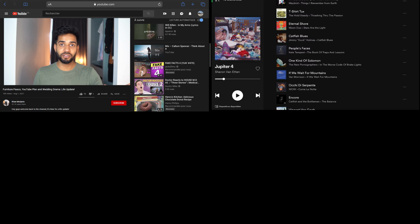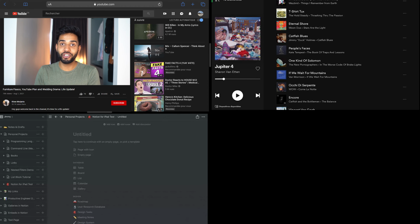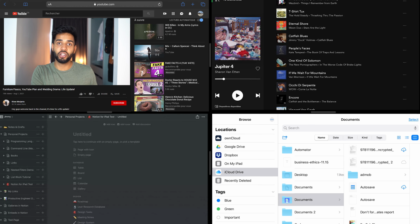But what if you don't want two screens? What if you want 3 screens or 4 screens? What if I want YouTube playing a song over here, and I want Spotify over here, and I want Notion over here, and I want my files over here? If I wanted 4 things open, it becomes really difficult to do without having to switch apps, and it's very